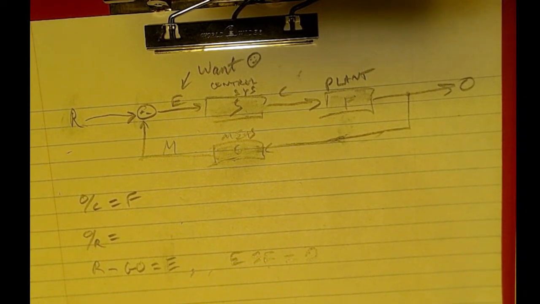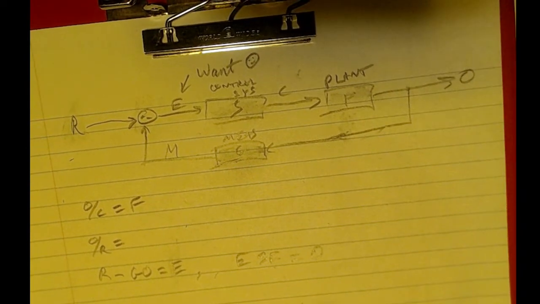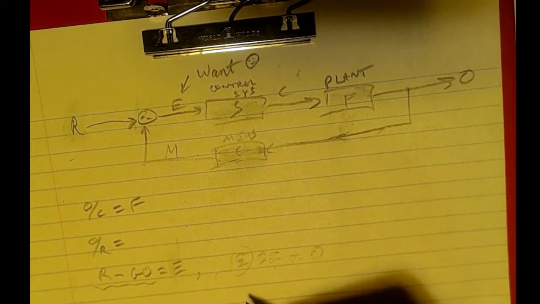Okay, so we have two equations, two unknowns, so we just solve this for O over R. So let's eliminate E. So we can take this, put it in there, and we have